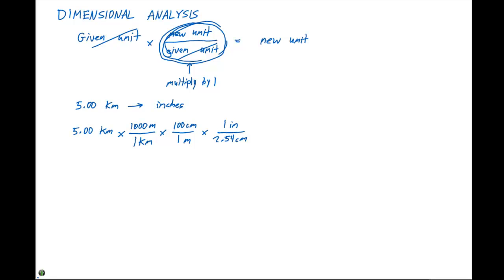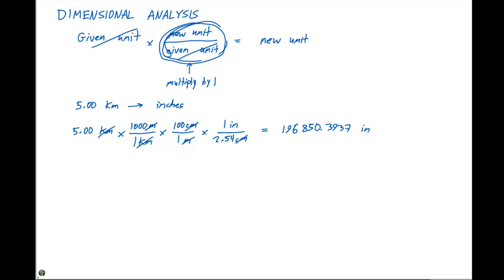And each time we're taking this given unit, which in the first case is kilometers, converting to the new unit. The new unit is now meters. We need to go to inches. So we convert meters to centimeters, and then centimeters to inches. This gives us 196,850.3937